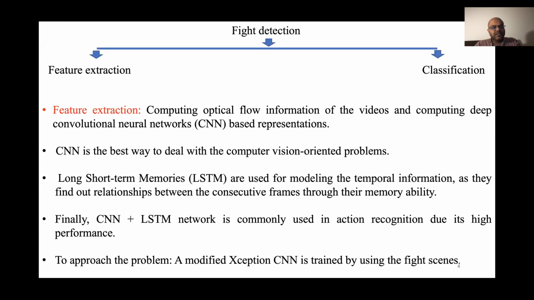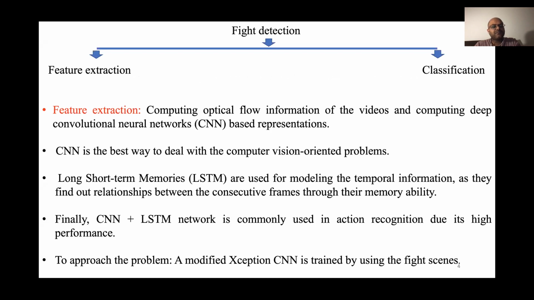So fight detection is basically divided into two parts. The first one is feature extraction and the next one is classification. For feature extraction, there are two types available. The first one is computing optical flow information of videos, and the next one is deep convolutional neural network based